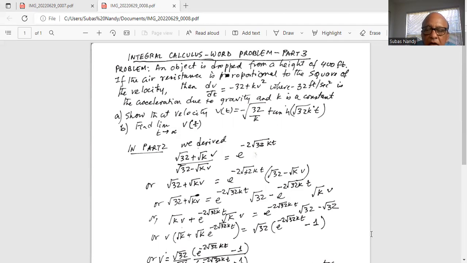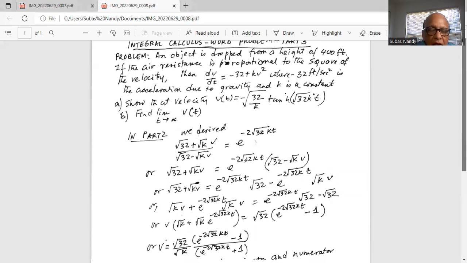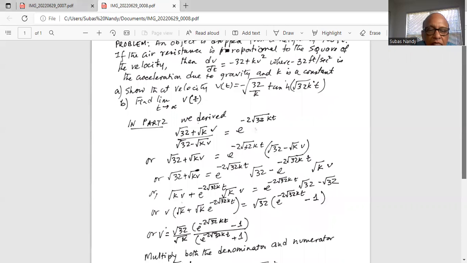Okay, now we are going to move all the v terms to the left hand side of the equal sign. So we have square root of k times v plus e raised to the power of minus 2 square root of 32k t multiplied by square root of k and then v is equal to,